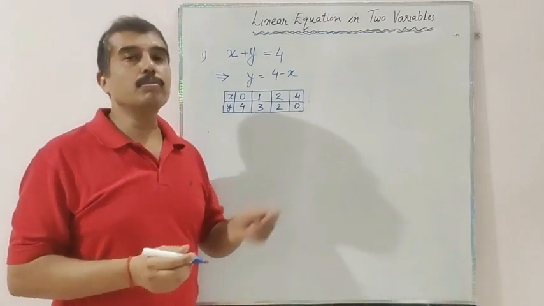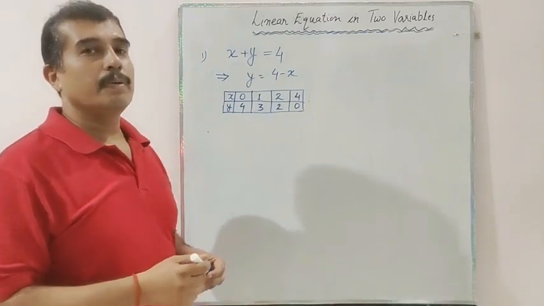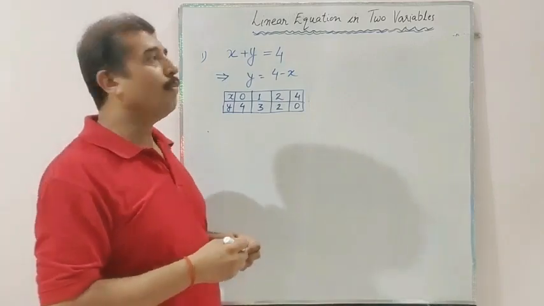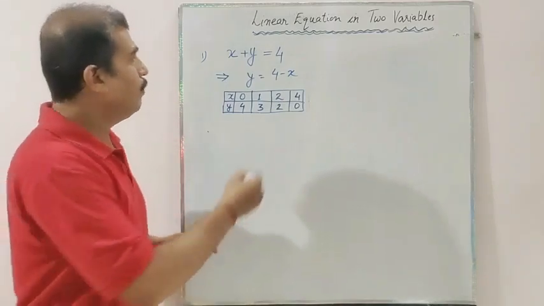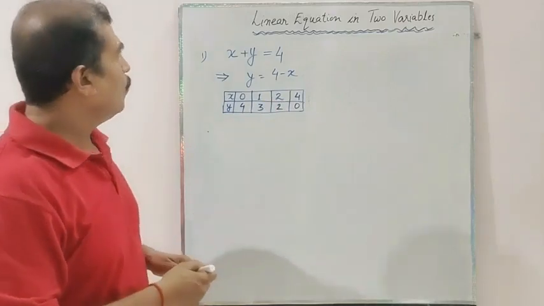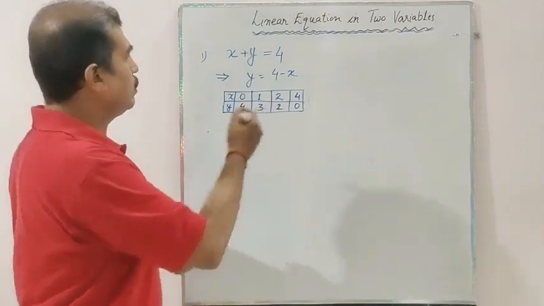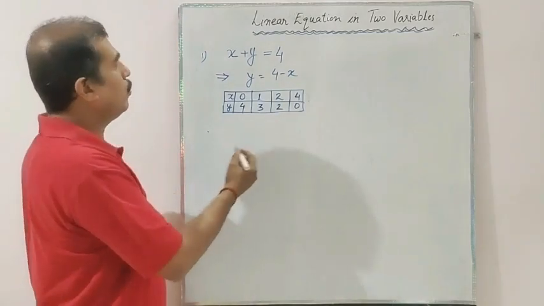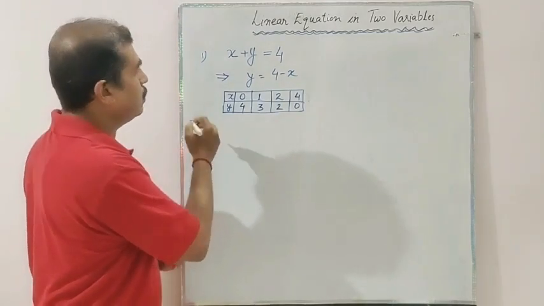This forms the basis of the making of a graph. If you want to construct a graph, if you want to find out the graphical solution, we require such a table. So we are taking some more equations. These are the solutions, so we will find more solutions of more equations.